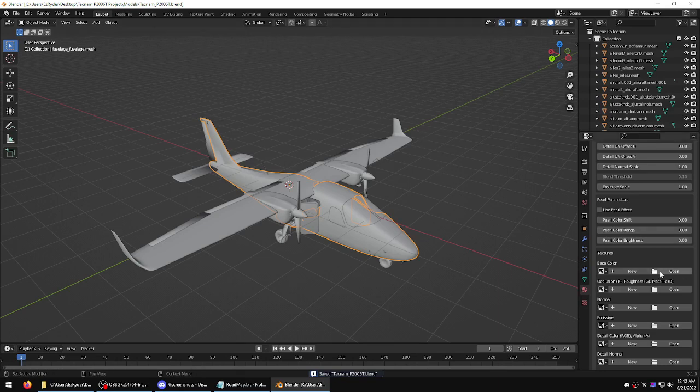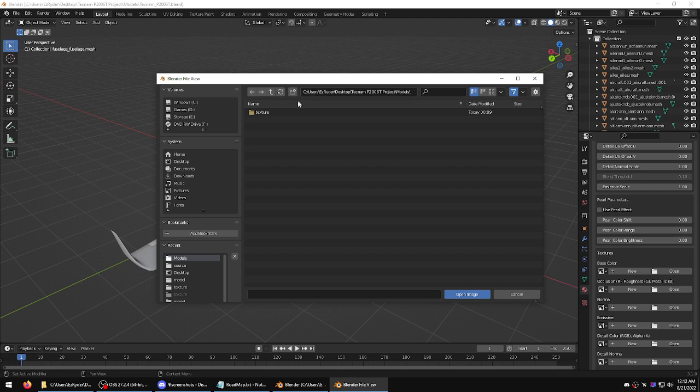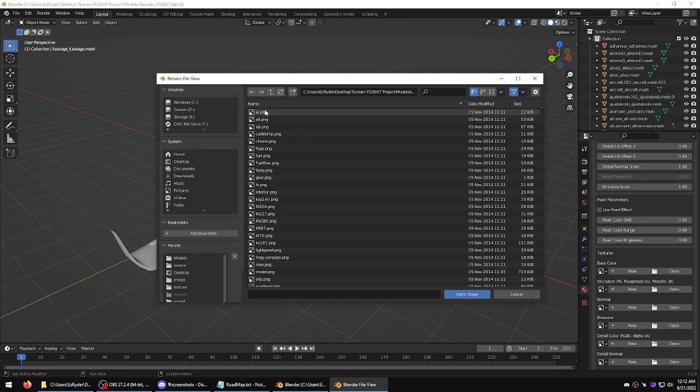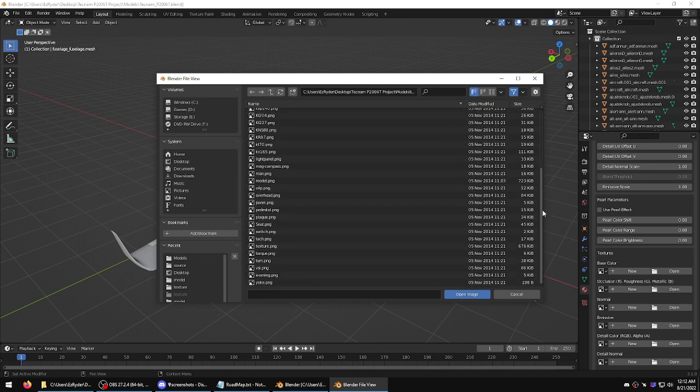Now I should be able to hit open, and it takes me to the right folder, to where I just saved that